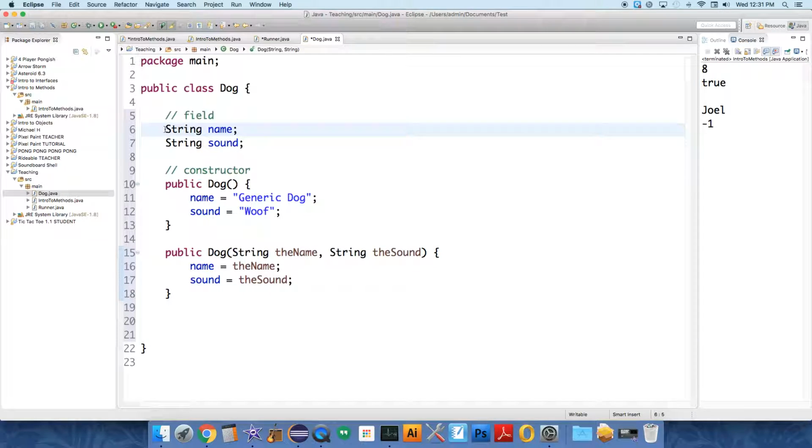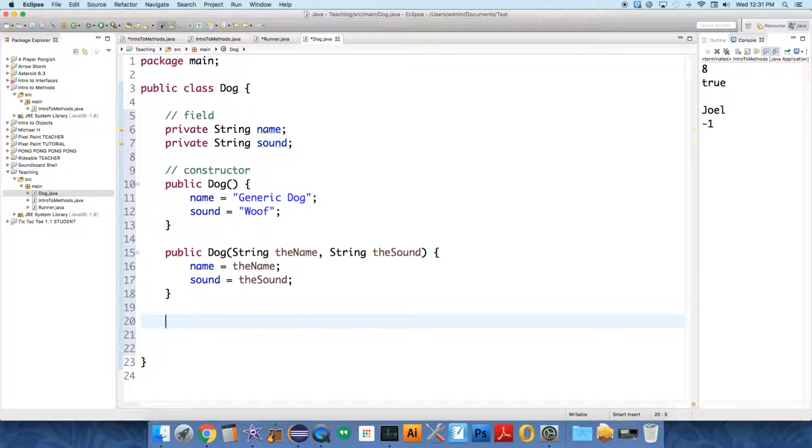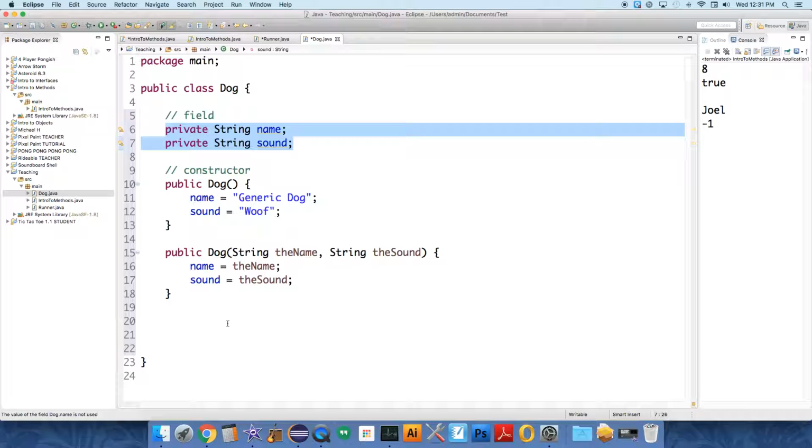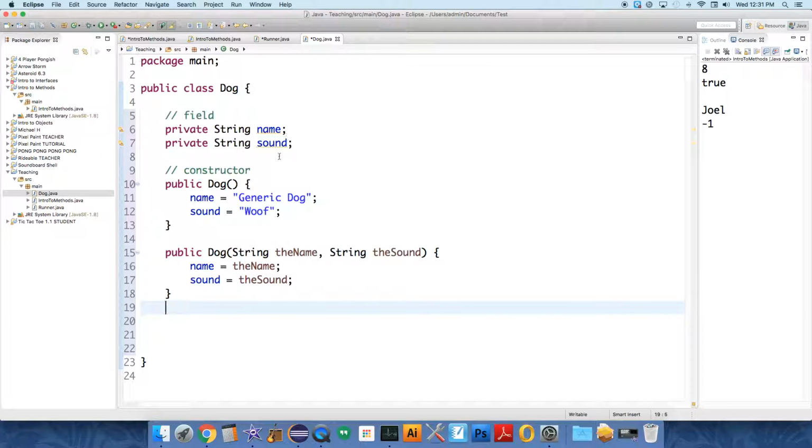First of all, it is almost always the case that we want to set these things up to be private, which just means that the dog class is the only thing that can access them directly. Means that other classes can't try and store integers inside of this variable. They can't access it at all unless we give them access through a method, and that's what we're going to do down below. So we want to have a method by which other classes can both set and get